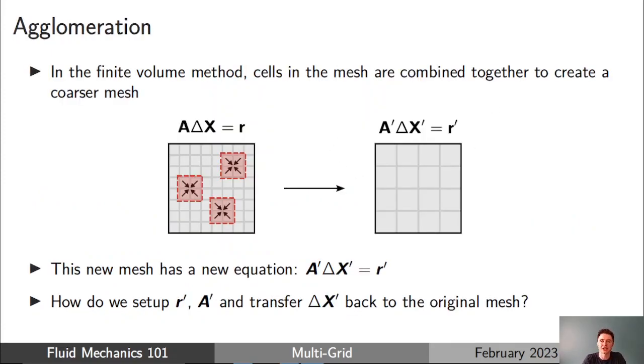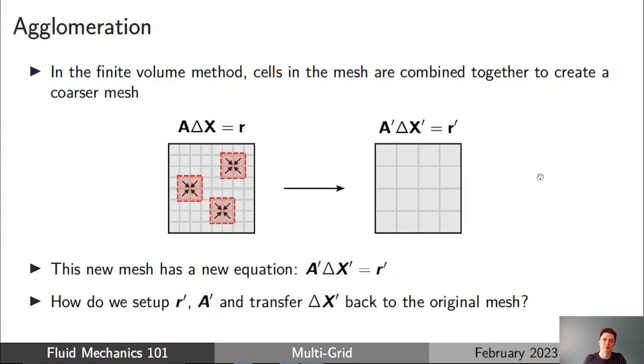And this process is generally called agglomeration in the finite volume method. The fine cells in the original mesh are combined together. They're agglomerated together to form bigger cells. And this allows us to move from the fine mesh to the coarser mesh. And for this kind of mesh, for example, it would be easier to see that we could combine 4 cells that are next to each other together into a larger cell, and that would allow us to define what this